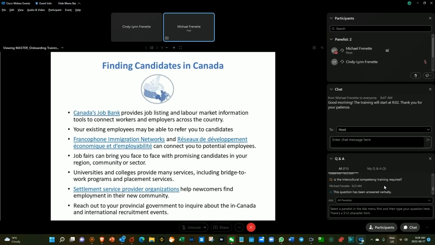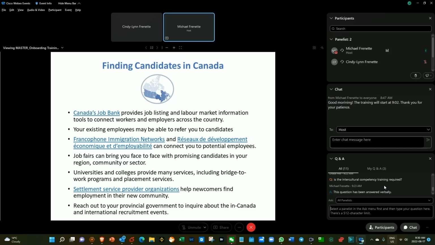So now that we reviewed the program criteria, we can focus on finding a candidate that will meet your need. Maybe you already have someone in mind, someone currently working for you that would be a great fit. But if you don't have a candidate, you'll need to go out and recruit someone. And probably the first thing that comes to mind is recruiting abroad when you talk about immigration, which is certainly an option that we will explore shortly.